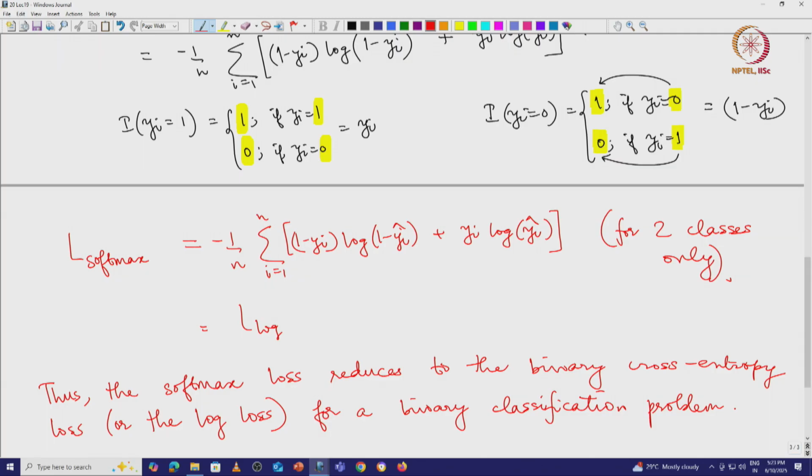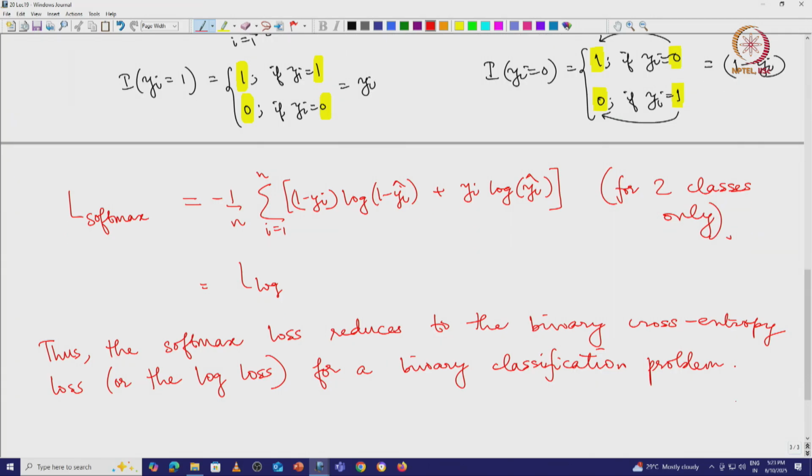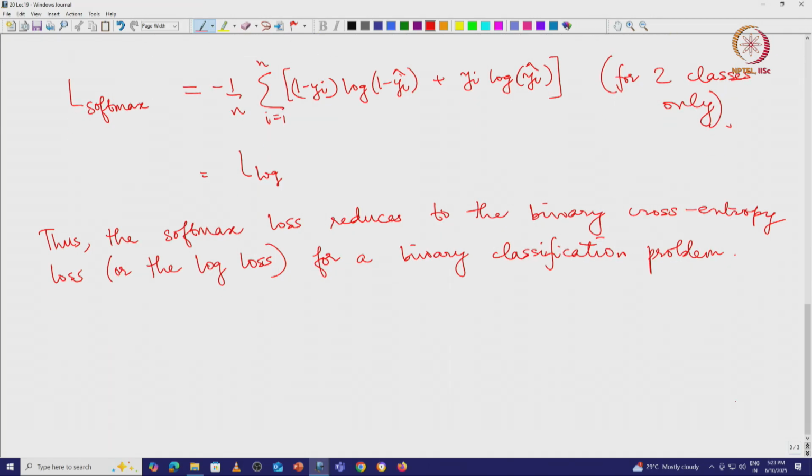Okay. If that is clear, we can move on to the next loss function that we will be discussing, and this one is known as the Tweedie loss function. It is a somewhat less encountered loss function. However, its utility in the core engineering disciplines is actually quite important. So this Tweedie loss function